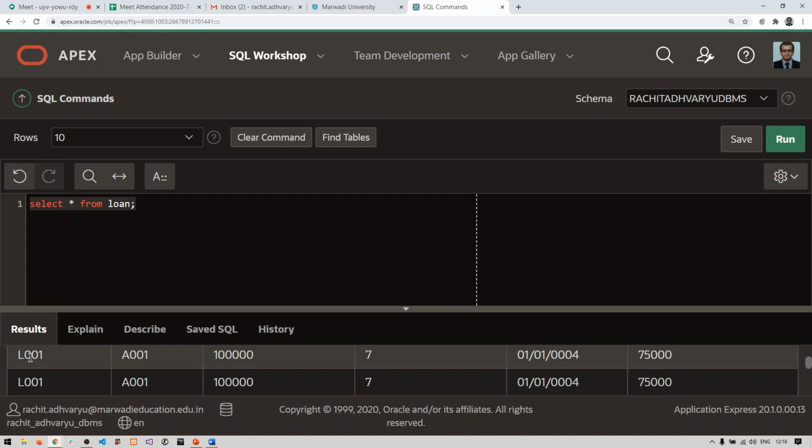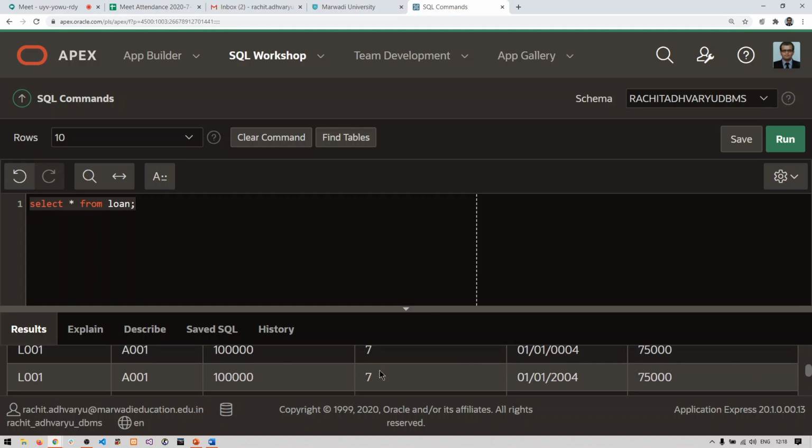So this one is completely unique, right? These two are completely the same. So I should display only one of these in the output. Then this one is also the same, but the date is different, so it is not the same.